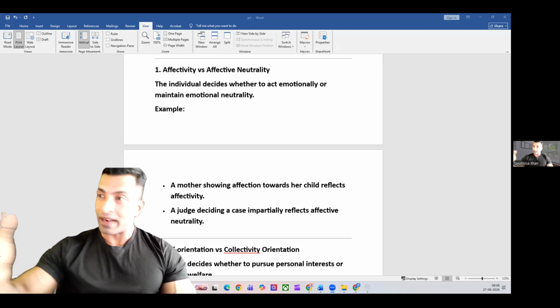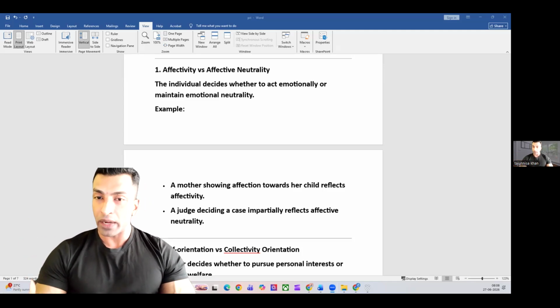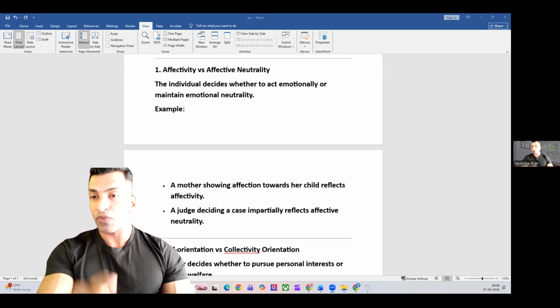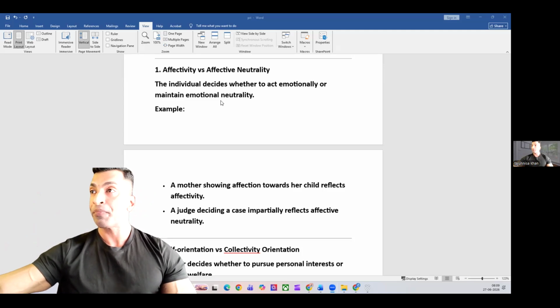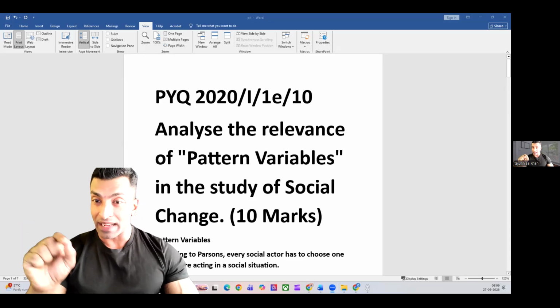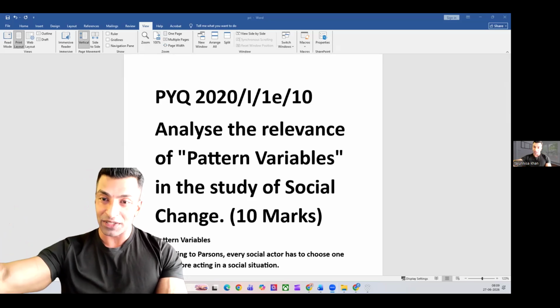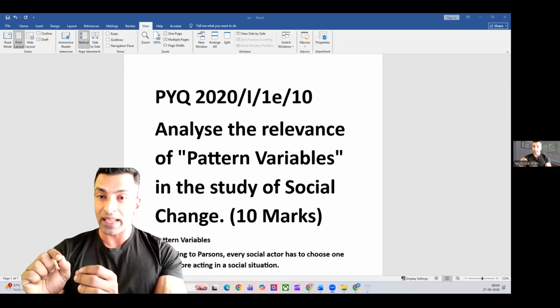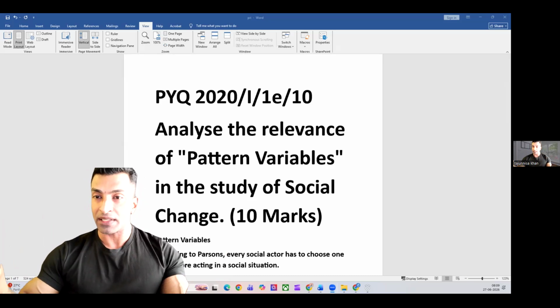And when you analyze these choices that we are going to discuss now, sociologists can understand not only individual behavior but also the nature of the social system and the direction of social change. And this is something which we are now directly connecting with the question's relevance. Look at what they're asking in the question: relevance of pattern variables in the study of social change. So what we have written in the last line of the introduction, because now we are moving to explain, is telling the examiner, yes, I understood the question. So you are saying, by analyzing these choices, which means the dilemmas or the possibilities,